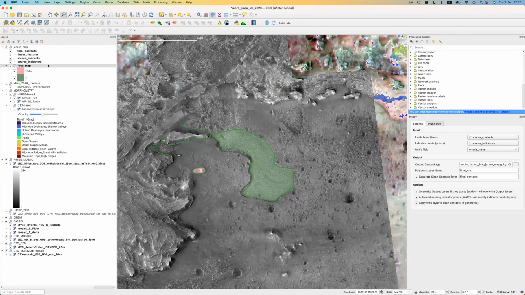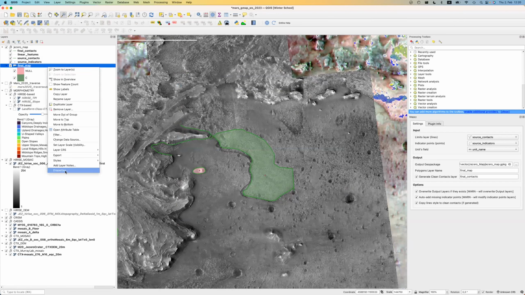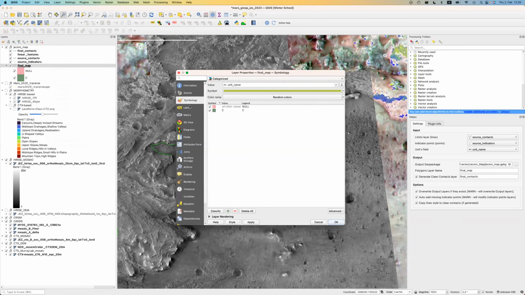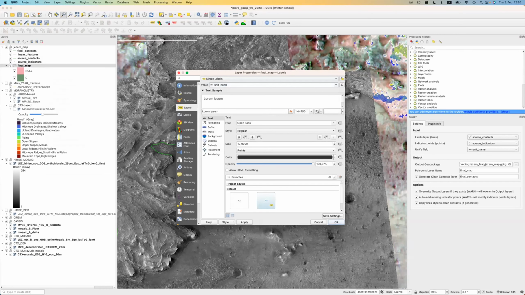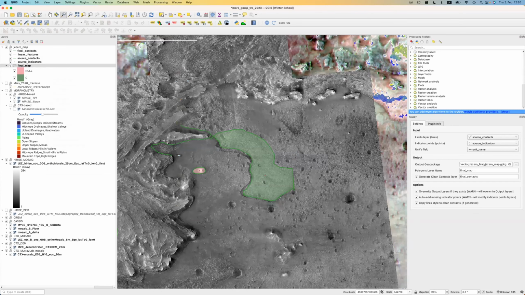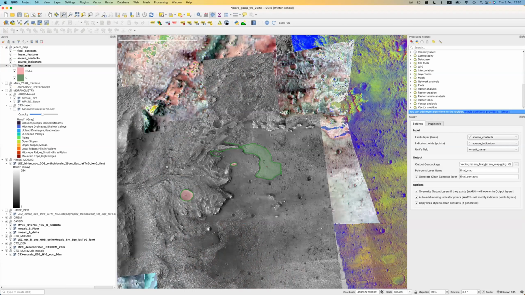Okay. If we want to help ourselves, we can also label it as we go. Right. So that's it. Before the beginning, I was also trying to